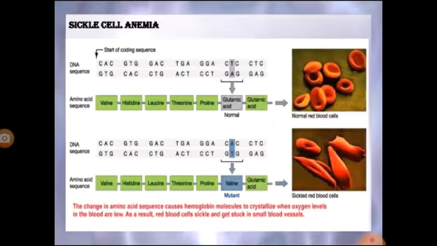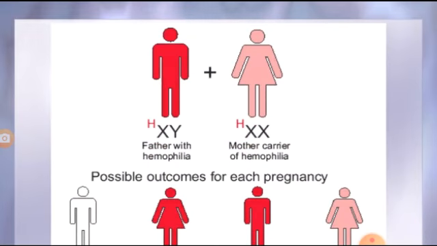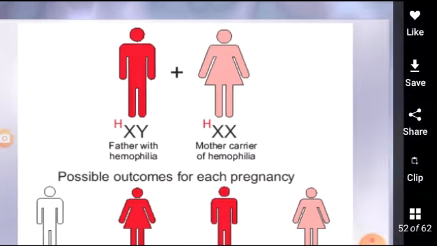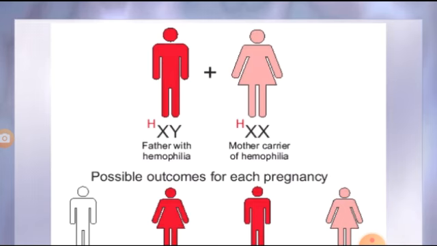Now we move toward the third possibility, when the father is hemophilic and the mother is also hemophilic. What will be the possibilities of outcome of the disease? When both husband and wife are hemophilic and carriers, in such a condition, the girl child who is suffering from hemophilia will die, a carrier one girl and one hemophilic boy, and one boy will be normal, as you see in the chart.